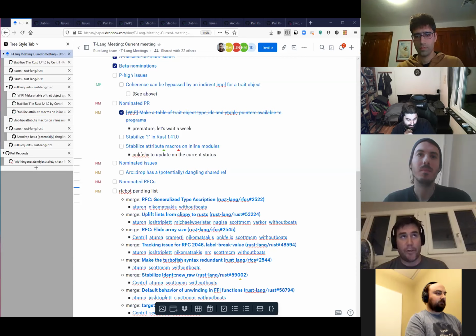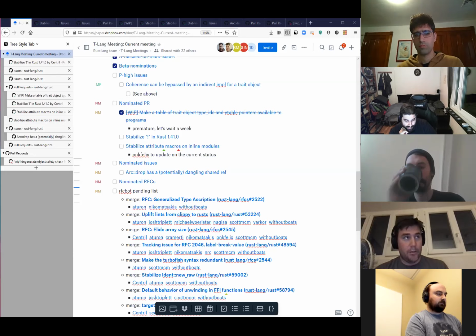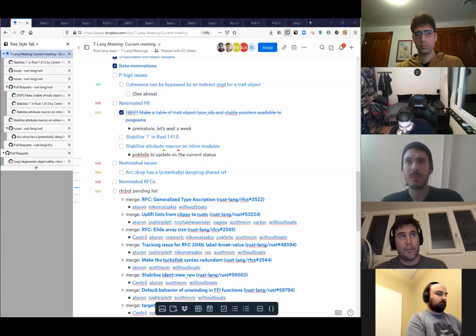For some reason, I was under the impression that outer attributes on out-of-line modules would be fine and would work. But in fact, that's not the case at all. This is truly only stabilizing attributes on inline modules, not any kind of out-of-line module. And so at first, when I was reading this, once I came around to understand the situation,